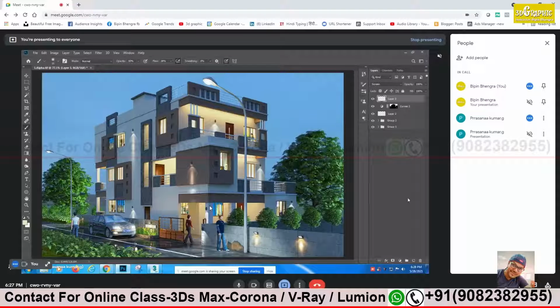Now lens effect. I forgot to download. Can I download now? Yeah, download. It will take hardly one minute or two minutes.